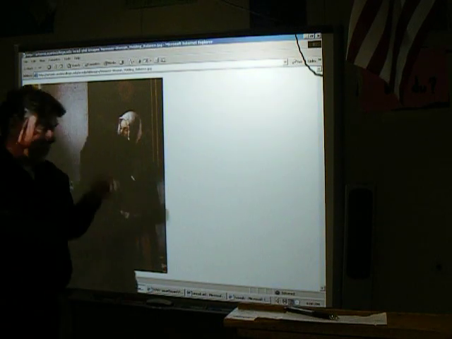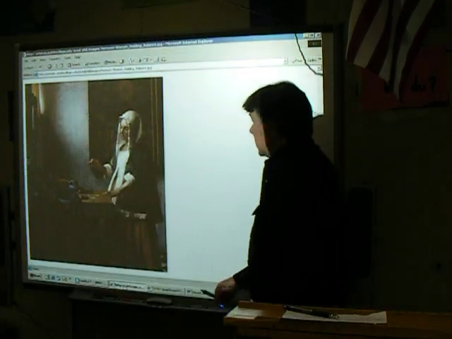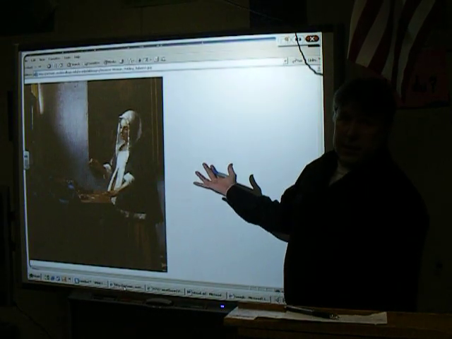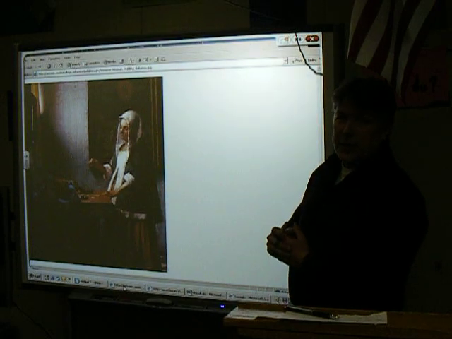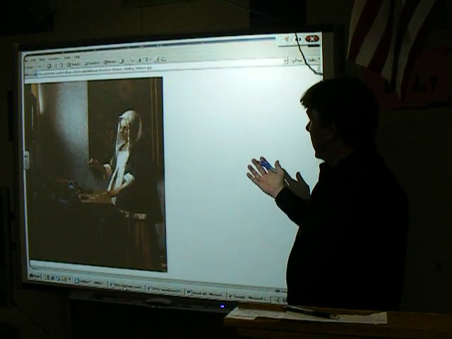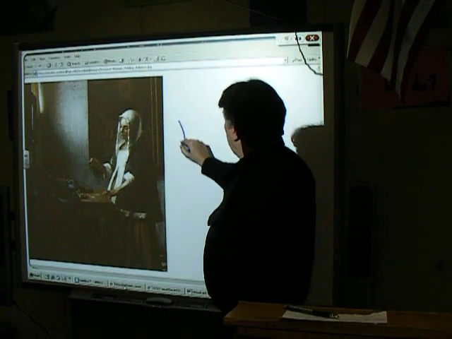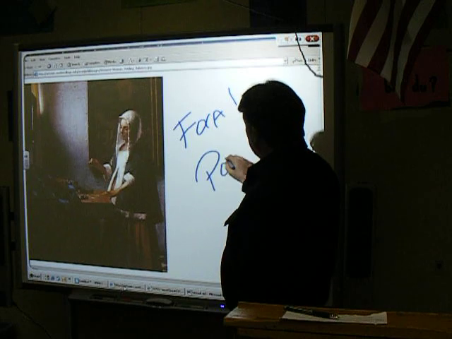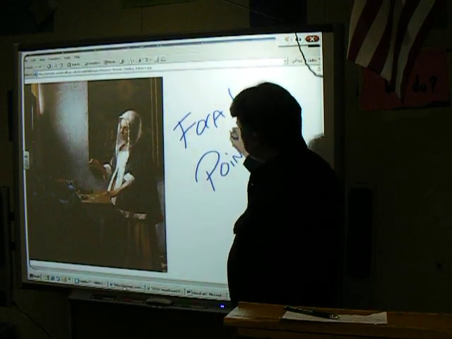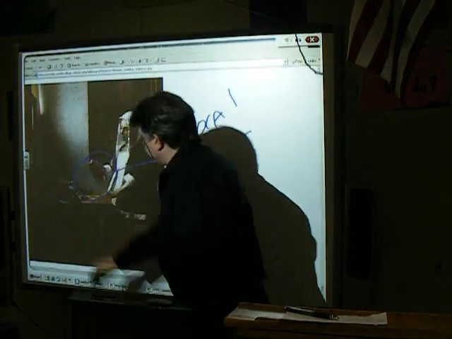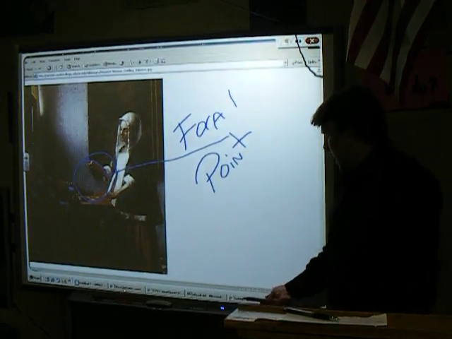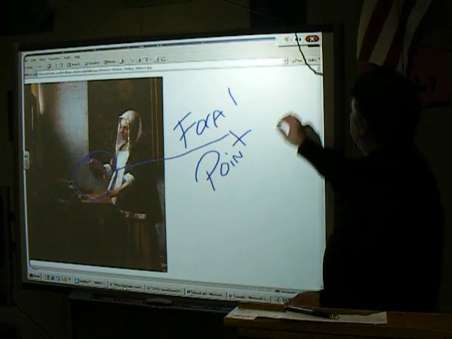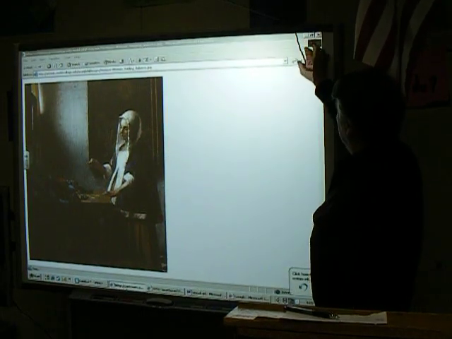So if we wanted to point out to the students something about this art, well, first of all, not only is it brought up in a life-size image so the whole class can see it easily, but then you can point out to students whatever you like very easily. For example. And of course there are other things you can do. You can bring up